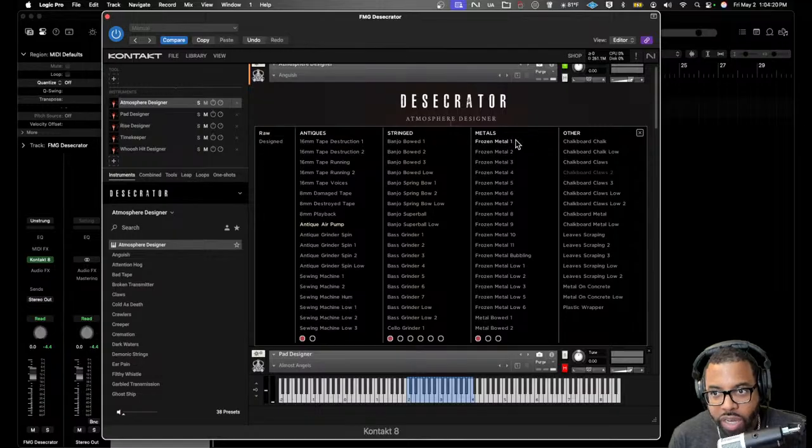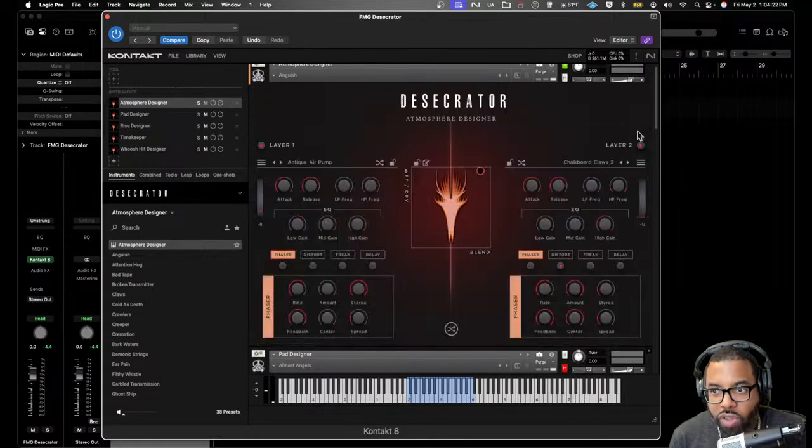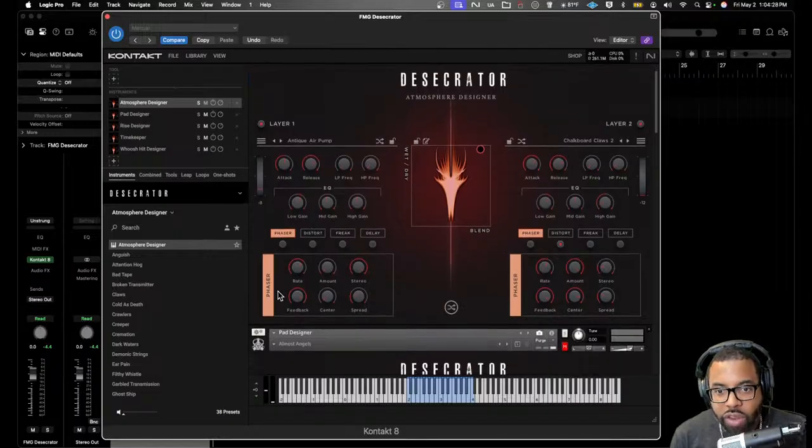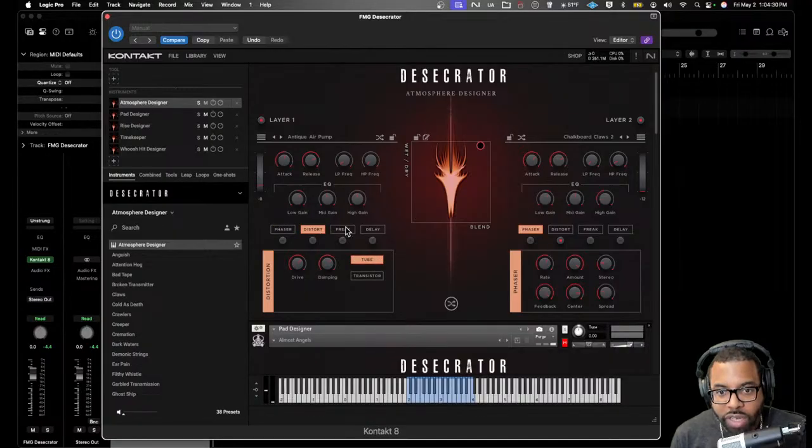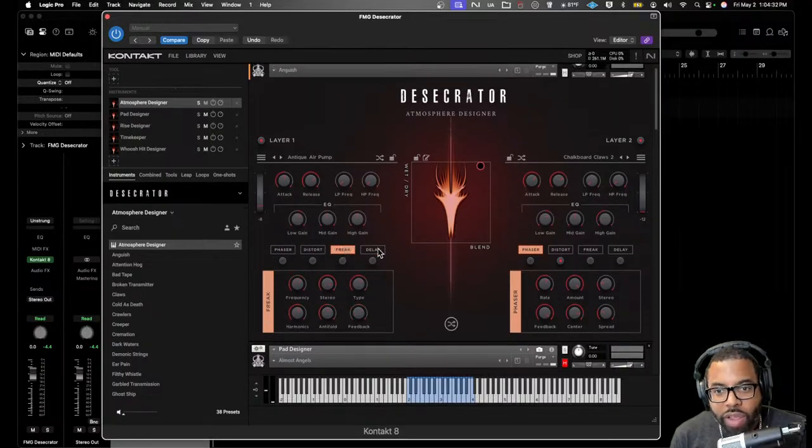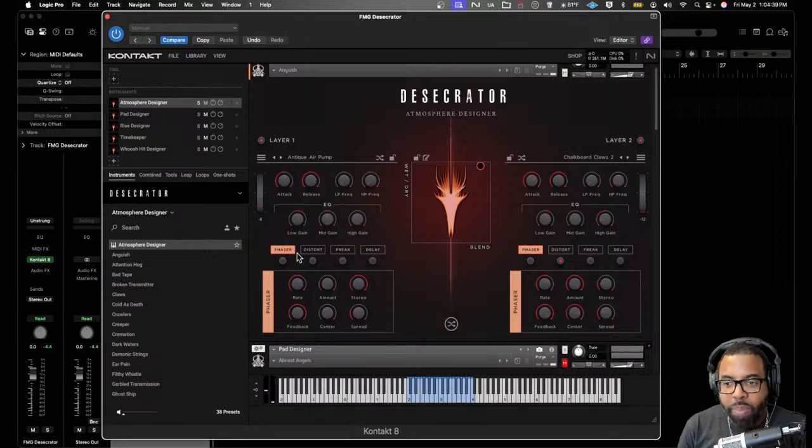You have antique, stringed, metals, and other. You can also use the randomize function here to randomize some of those options. Then you have phaser, distort, freak, delay on both of those layers, and then you can adjust different parameters as you select those down here. So very intuitive. If you're familiar with Fallout Music Group, you might enjoy the sounds here. But I'm just going to play through a couple of them. So I'm going to start with the Atmosphere Designer here,